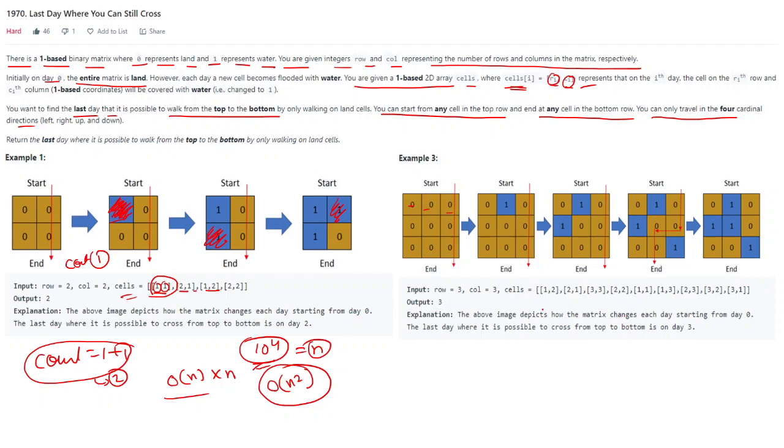Now if you look at it a bit closely, you are given n number of days. Suppose you pick a particular day randomly. If we check at this day, after filling everything up to here, if we can still travel from top to bottom, then we are good. Get my point? We don't have to check each of these elements and do a DFS for each of them. So what I'm saying is, you pick any random element and fill all the cells that get flooded up to it.